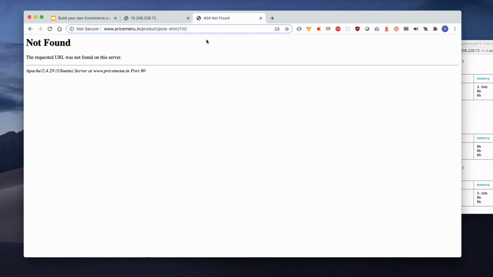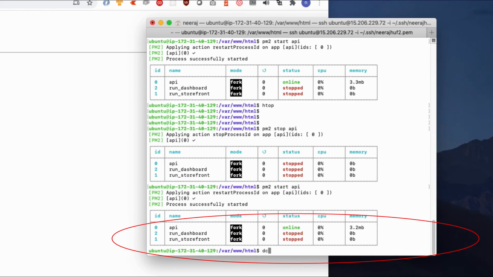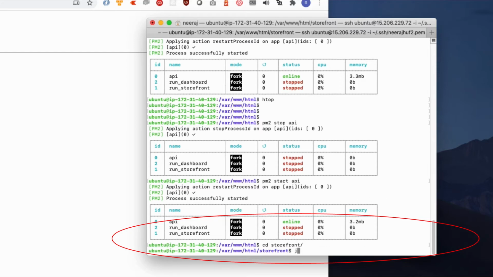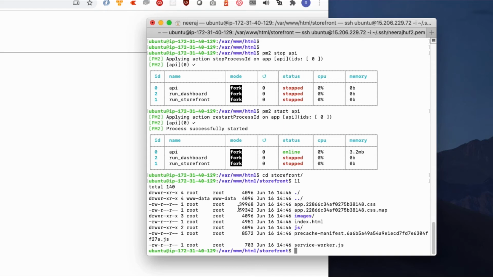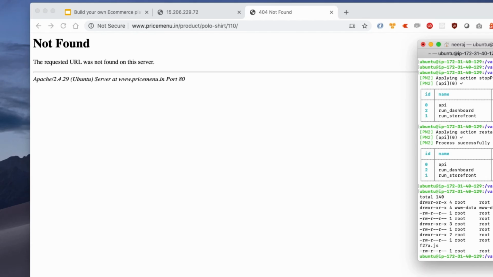I need to apply the URL rewriting by Apache module. So I need to set up my .htaccess file in my storefront code.